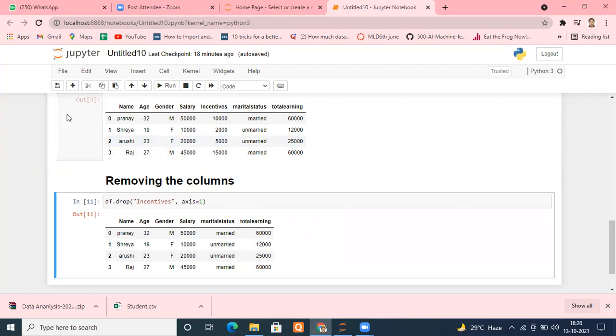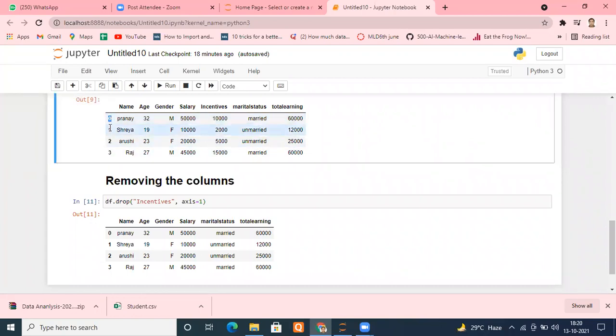If I ask you to please remove row number 0, can you remove it or not? Tell me. I'll tell you how it searches. Now you should get an immediate idea. It searches here 0, 1, 2, and 3. So you know the numbers. This is 0 number. This is 1 number. This is 2 number. This is 3 number.